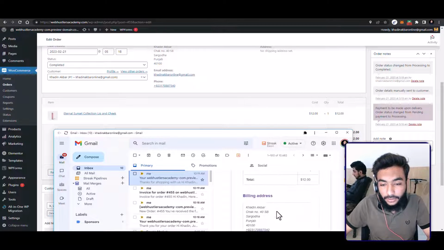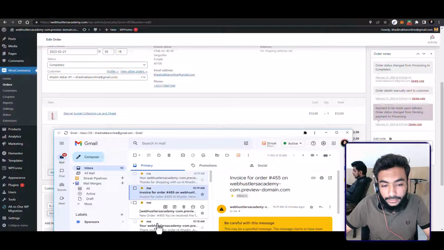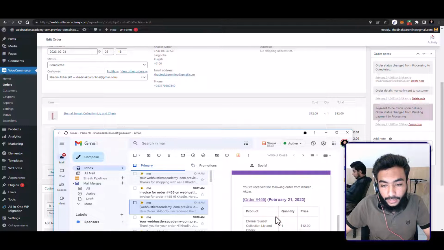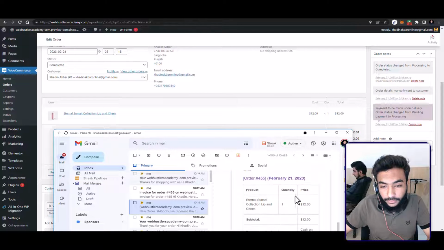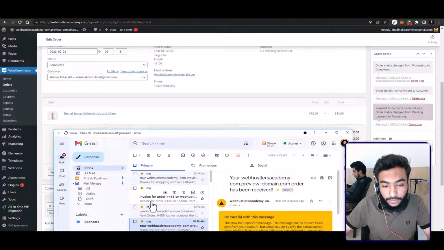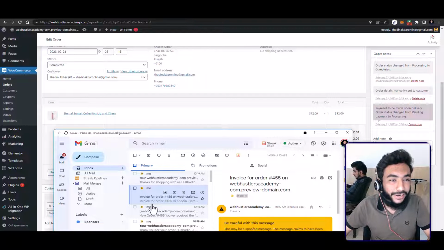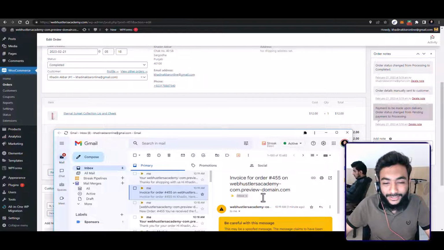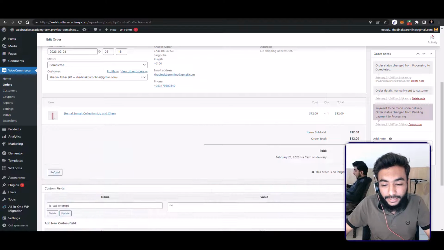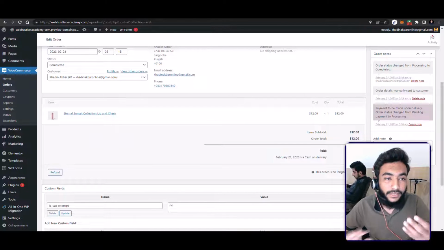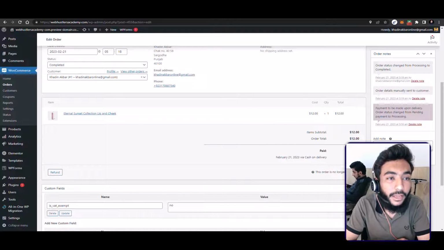I received this on my email, this invoice, and then this one. And you have received the order from Khadeen Akbar. This was for me, and the same email is the vendor, and the same email is ordering. So that's why I received these emails as a vendor and as a customer as well. So I received the email. I cannot show you the complete email because I have some confidential emails there. But yeah,